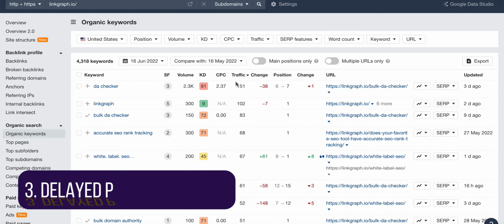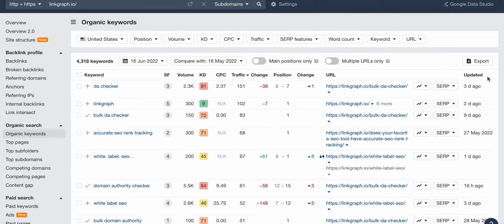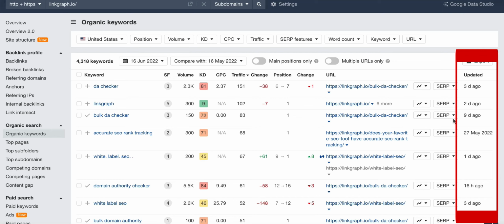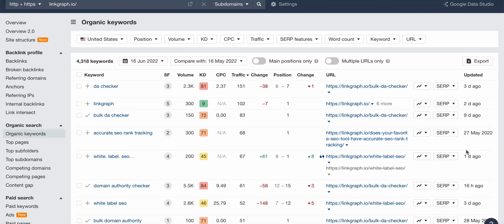Now, the third reason you should stop using Ahrefs for keyword tracking is because of the delayed position update. So I want to draw your attention to this last column in the Ahrefs Organic Keywords Report, which is the updated column. Ahrefs uses bots to scrape SERP results, and that's where it gathers its ranking position data.